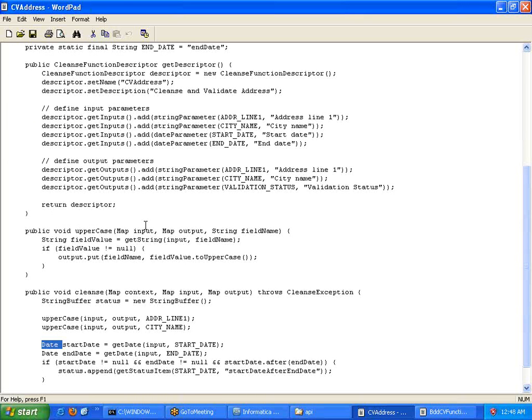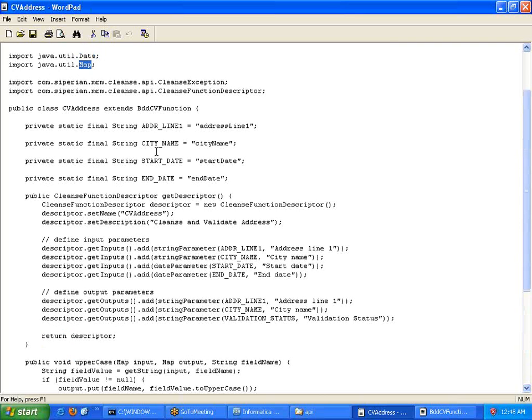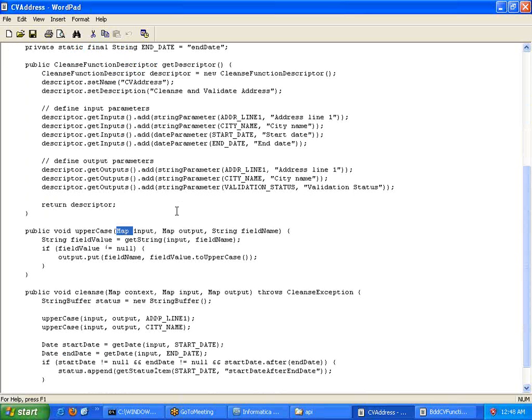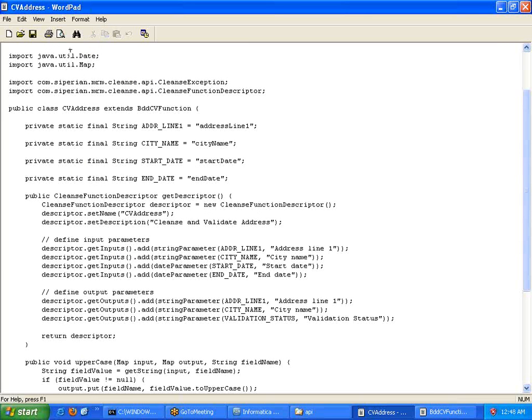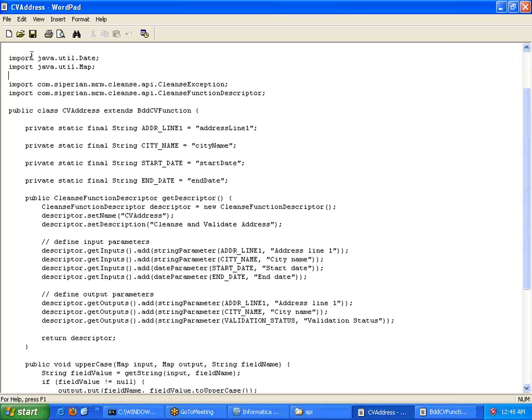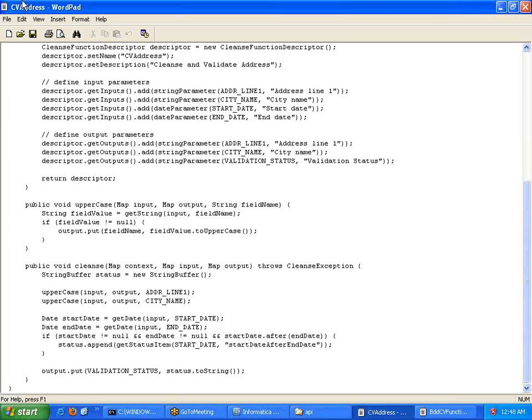Similarly, map, which means in case you want to use this map class, we need to import it. That's a basic part, which means anyway you'll have it. We just need to know how to import packages. If you specify java.util.* or java.util.specific class, both are the same. The only thing is, it is always advisable to use the specific class name, so that it will be much faster compared to star. Star means it needs to go and search all the classes, and whenever it finds it, the symbol will be resolved.